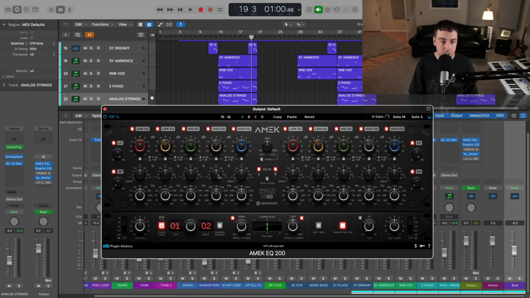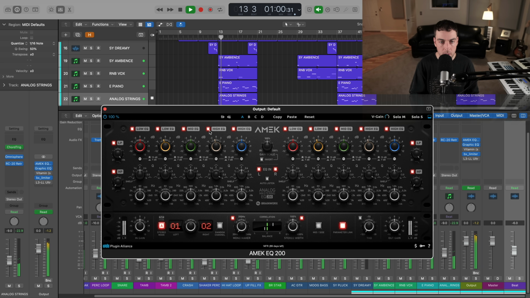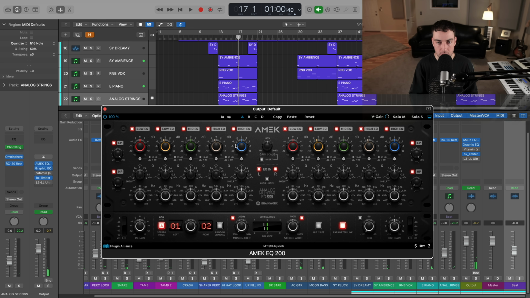I'm also going to narrow this Q so that we're not cutting as much at this band. You'll see right here, if I go this way, it's going to be a wider Q, meaning that we're going to be cutting more frequencies around that particular notch. But we actually want this to be very specific to that 1.8K. So I'm going to go ahead and make that a sharper Q. So just a slightly more pleasant sound there, a little bit of harshness taken out.